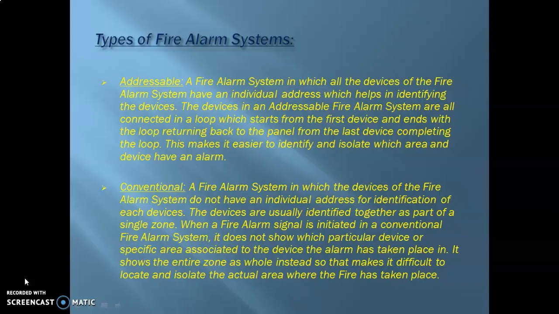Now then, let's move on to the conventional fire alarm system. Now, the conventional fire alarm system is a system which is usually connected using Class B type of wiring, in which the wiring starts from the panel and terminates at the end of line resistor, which is installed just after the last device in the zone. So here each of the devices do not have any sort of address, which makes it more difficult to pinpoint their location and to identify which device actually has an alarm or a fault.